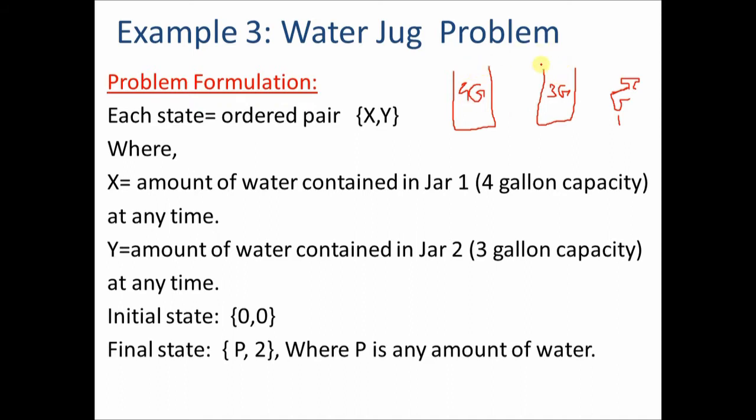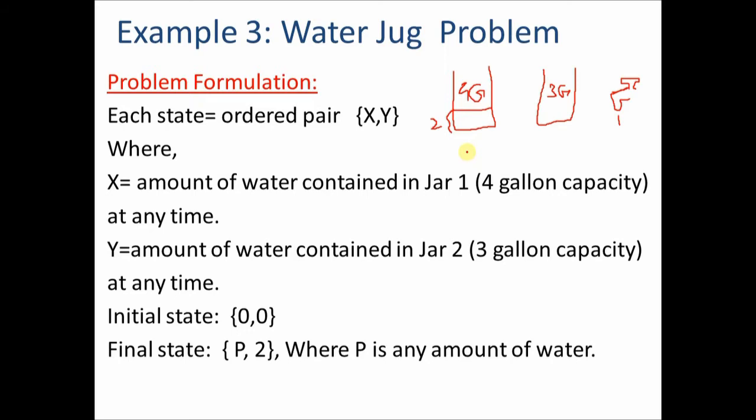Now what is this water jug problem? It says that using this particular set of actions which I have just mentioned, the aim is that at the end of this problem, the 4 gallon jar over here should contain exactly 2 gallons of water. The 4 gallon jar should contain exactly 2 gallons of water, right? So I will just recapitulate what I said.